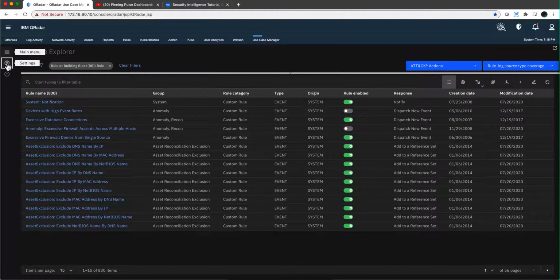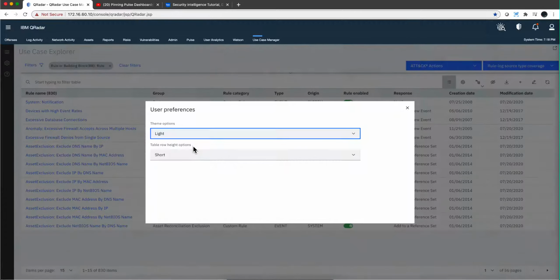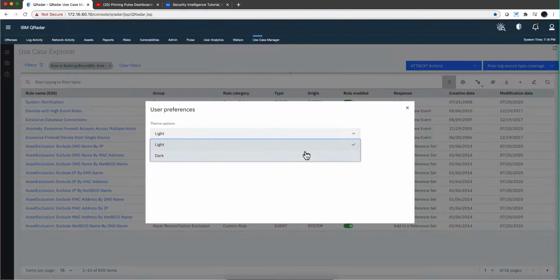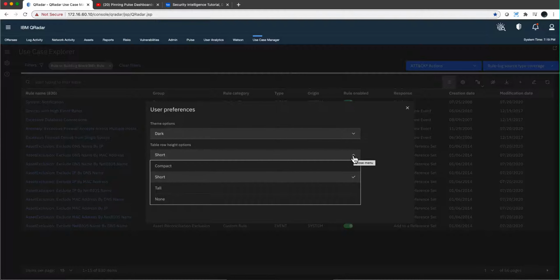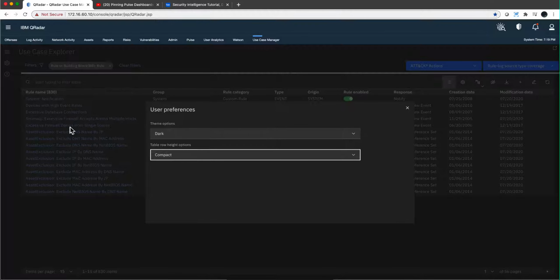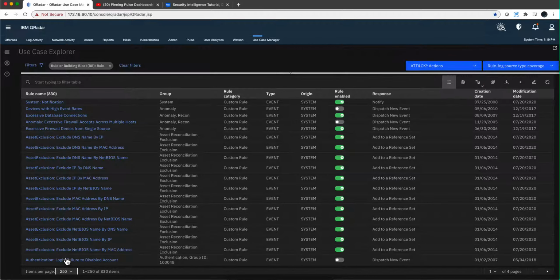If you click on this gear here on the left, the user preferences, and you don't like the dark mode, you go here. I'm in my sunglasses now, but you still have the old way if you don't like this dark thing. There's also another interesting piece. If you want to have lots of information on the screen, you choose this compact, and notice that more things fit in here. In fact, I can go here and make that larger, and then you get more information fitting on the screen, and you can change